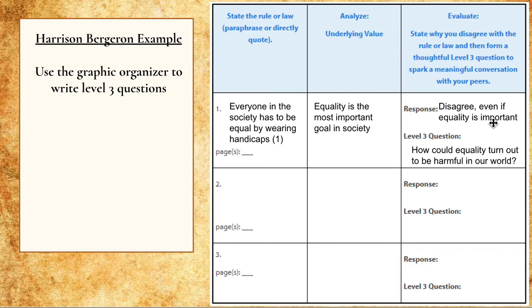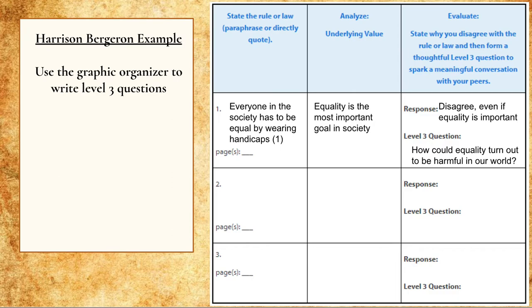I disagree with this, obviously, because the handicaps took away people's physical autonomy. They couldn't be themselves and be special. So equality is important, but equality of perhaps opportunity, equality of resources in many ways is important, where maybe we don't have to have equality so extreme that you can't think differently. But we could have equality of treatment. Instead of saying everyone must be ugly, we could say ugly people and not ugly people can be treated fairly.